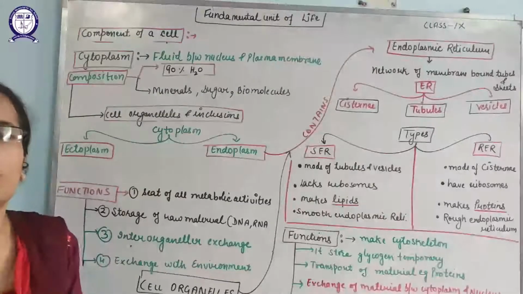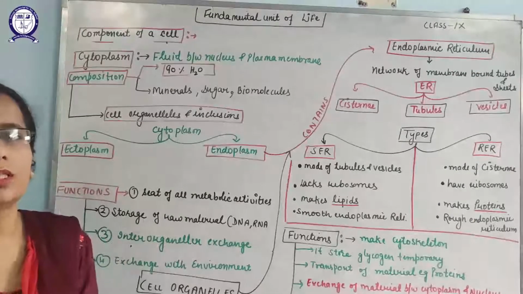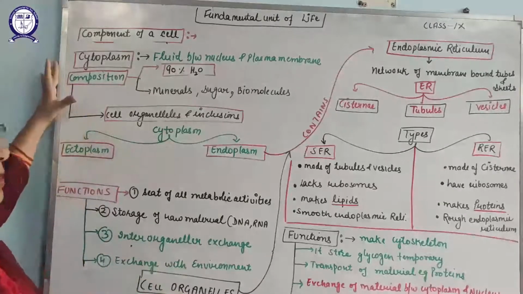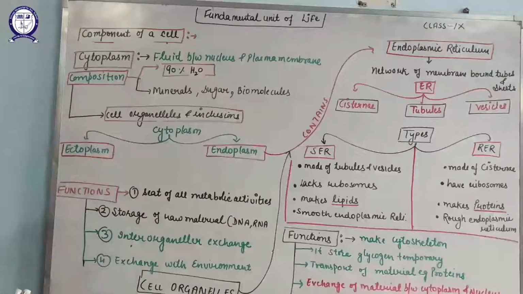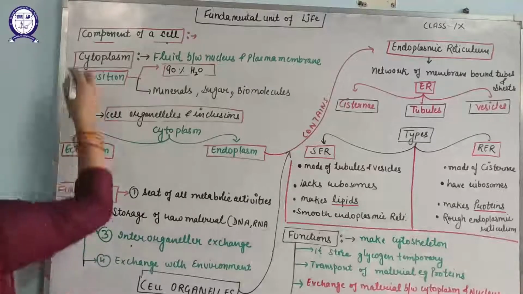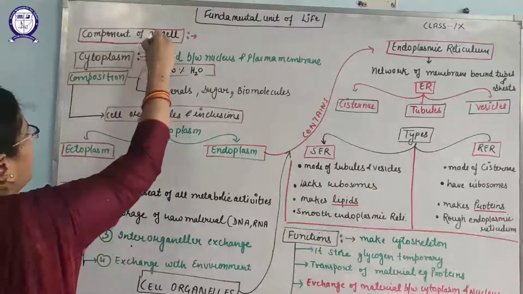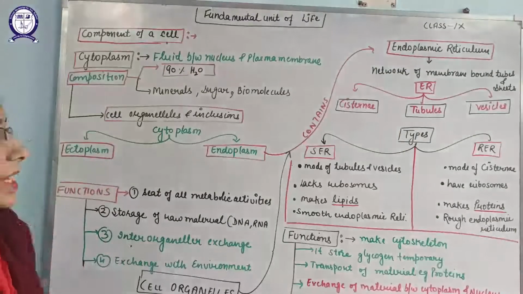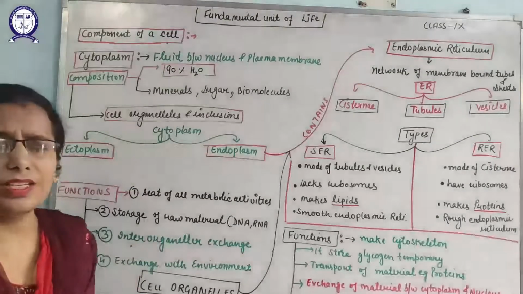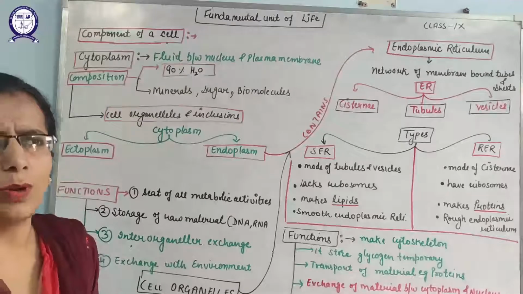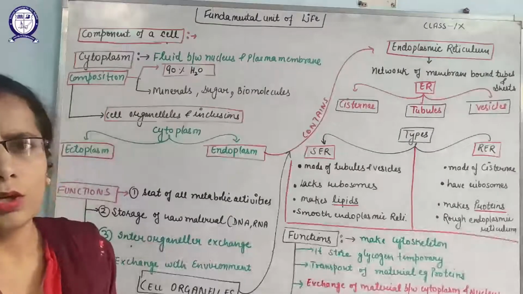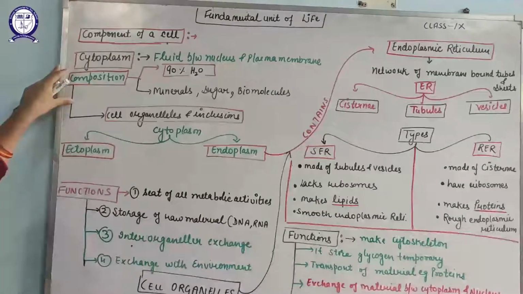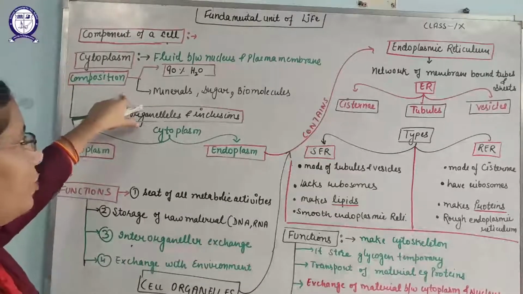Students, after discussing the cell membrane, the nucleus and the cell wall, now we are going to discuss the cytoplasm and its components. What is cytoplasm? Cytoplasm is the fluid content of the cell that is found between the nucleus and the cell membrane. That is known as the cytoplasm. It contains all the cell organelles that are required for the different workings of the cell and for the body also.